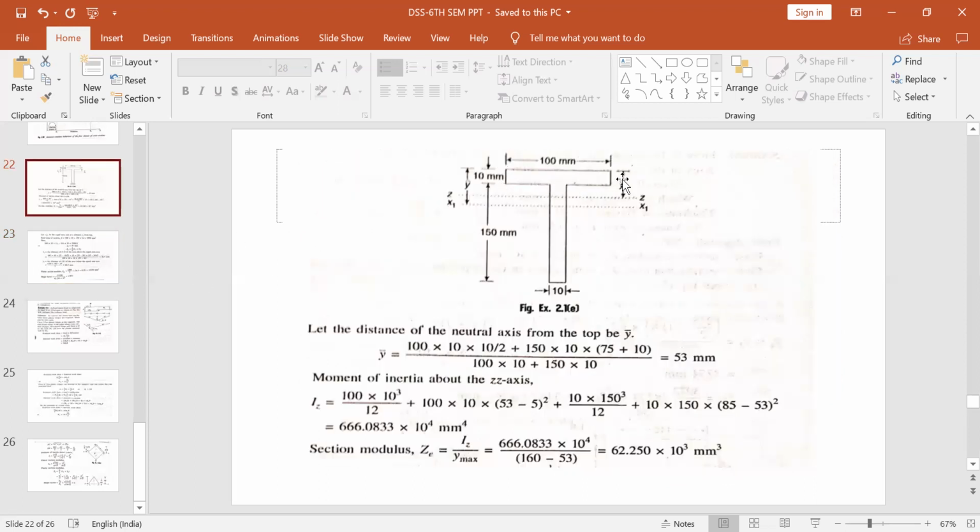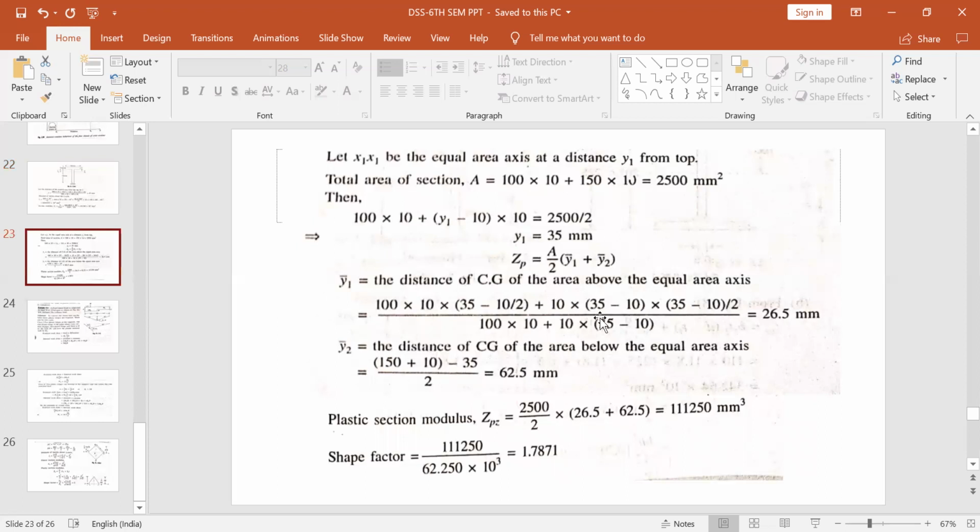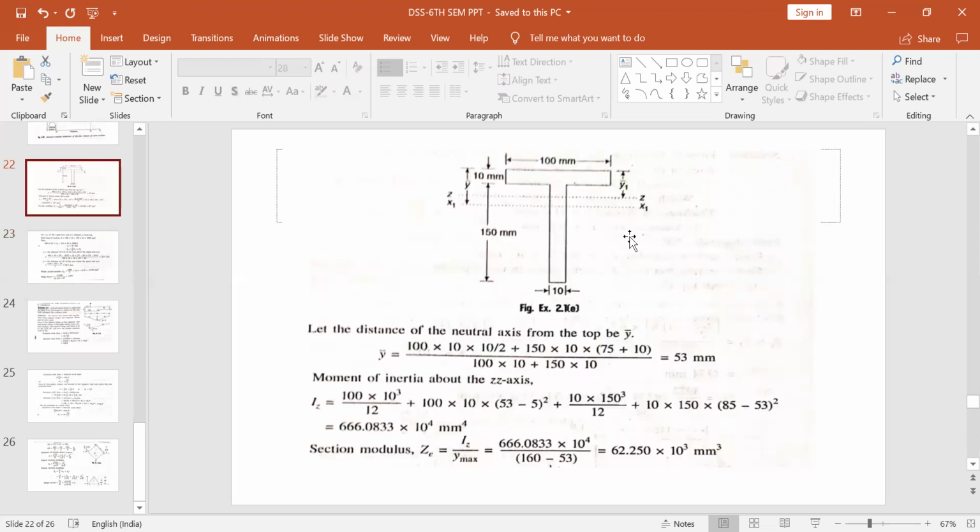Find first the CG of the area of this, into CG will be what? 10 by 2, that is 5. From here to here distance you find, 35 minus 10 by 2. This will be this distance into 100 into 10. So this they have written. Plus again for this portion, what will be this distance? 25 into 10, okay, 25 into 10 into